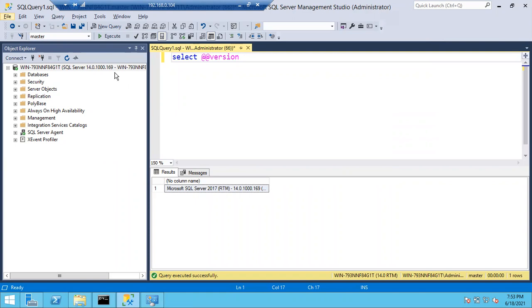Once the patch is removed, you have to inform the application team: we have successfully removed the patch. Please check whether your application is compatible to connect to the database now or not. In case they are okay, then you can close the change request. Remember guys, once your work is completed, you have to close the change request. Otherwise, if the change is open, then the change management team will contact you: why is your change still open?